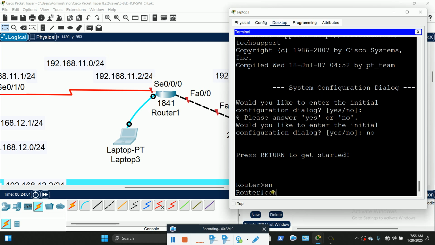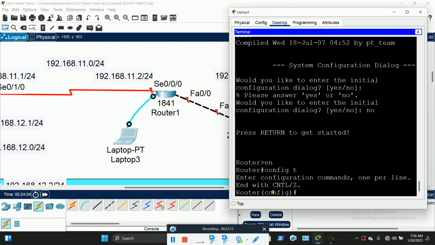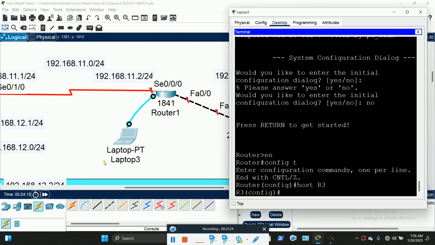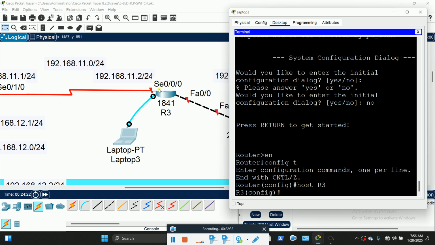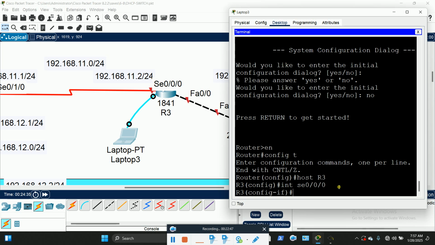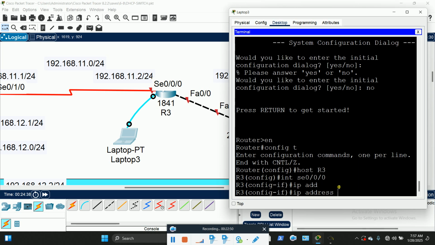So type EN, config T, hostname is going to be R3, okay, R3. So we are giving this one as what? R3, this particular one, R3. So that is R3 we are giving. So we want to enter inside a serial. And after entering inside a serial, we also enter inside this particular one as well. Okay, so INT SE 0/0/0. So IP address